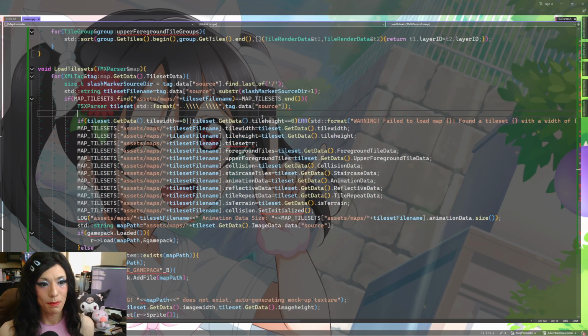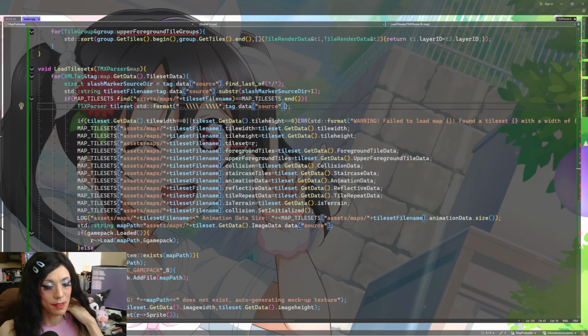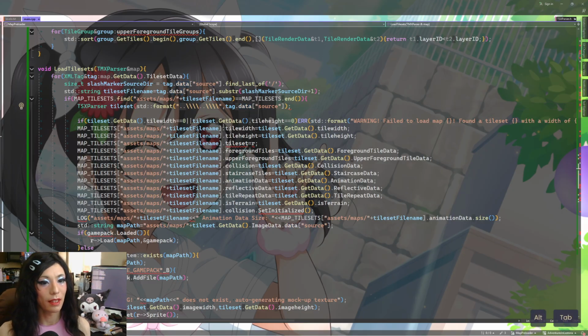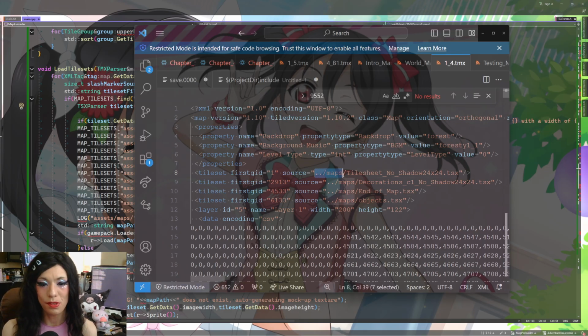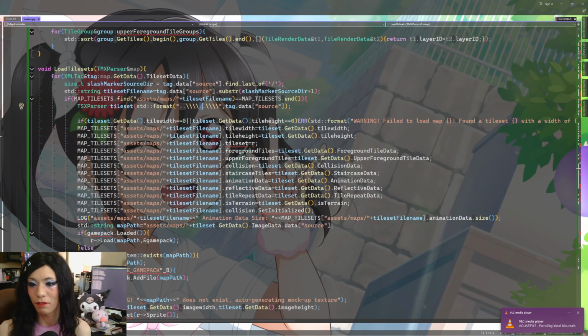Okay, so let's get back into what we were doing. We're in the middle of writing a standard format for a tile set. We're basically grabbing the location of a tile set from its source. So right here, we're backing up by 2 directories, because if we look at how this works, we see here that the source originally comes with a /maps relative to wherever we are. So if we do